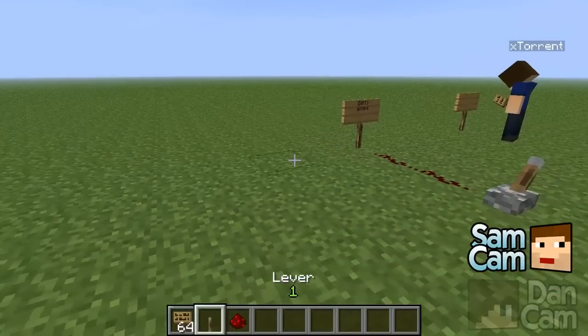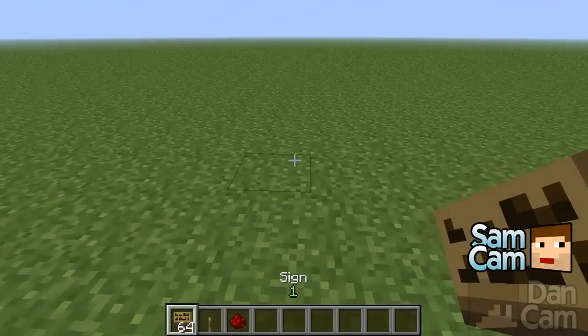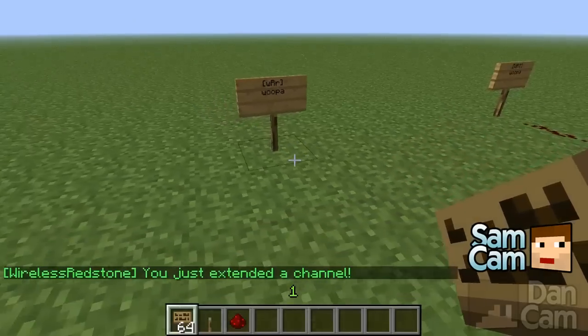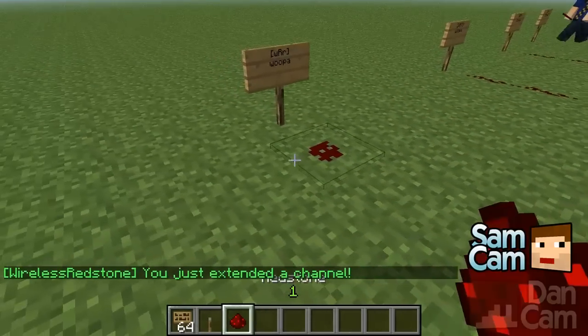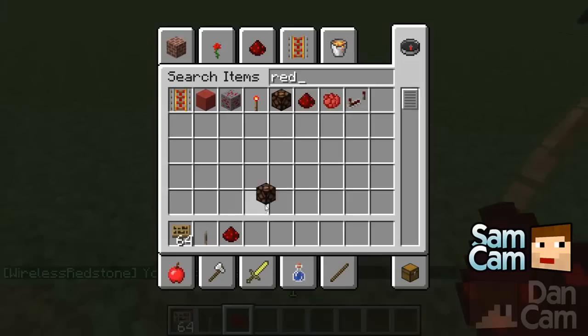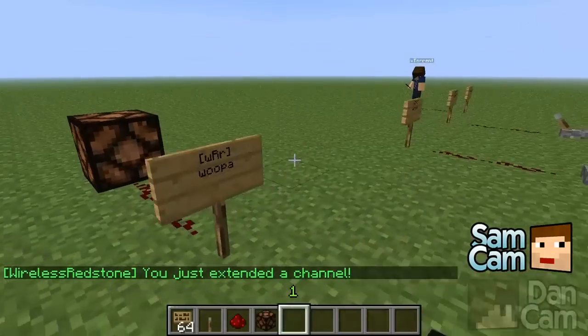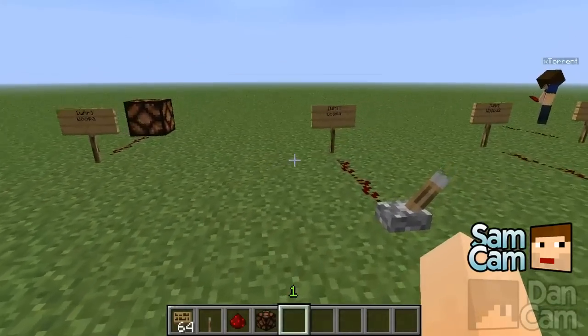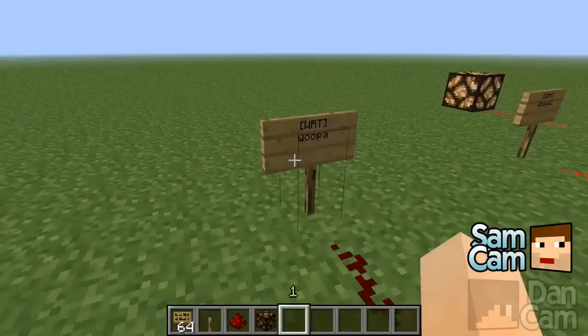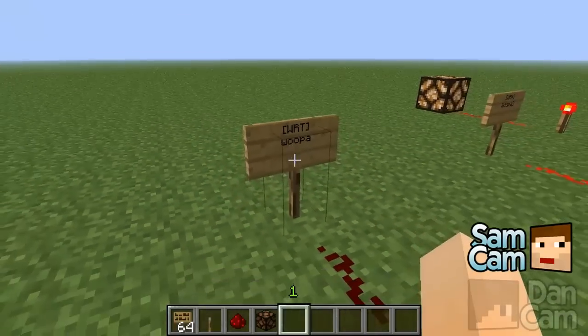And then while doing that, let's create another sign, and this would be the receiver. So on the first line we have WRR, and then the second line will be the channel, so Woopa again. And then we can have that, and let's have a redstone lamp. Okay, so now you can see what it will do. It will transmit the redstone signal from this